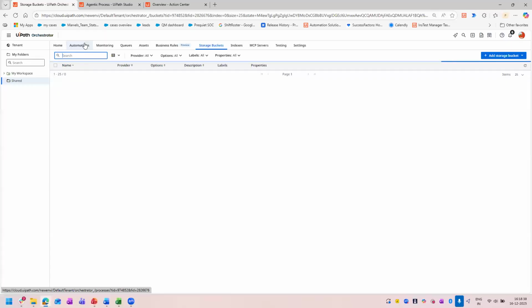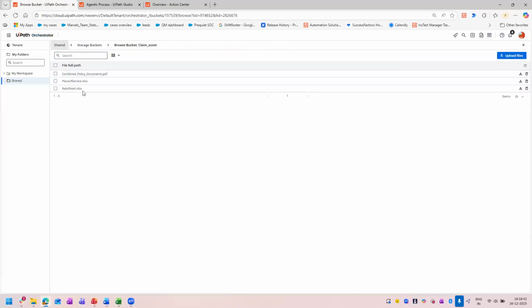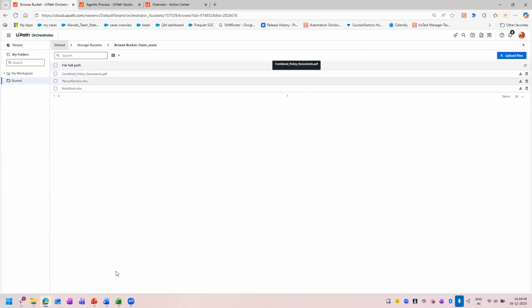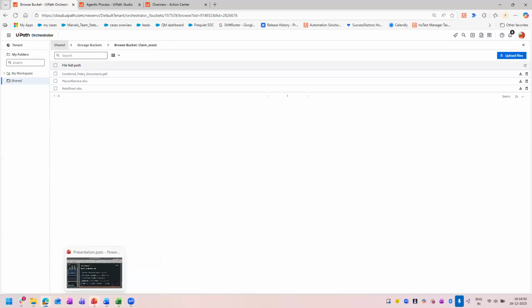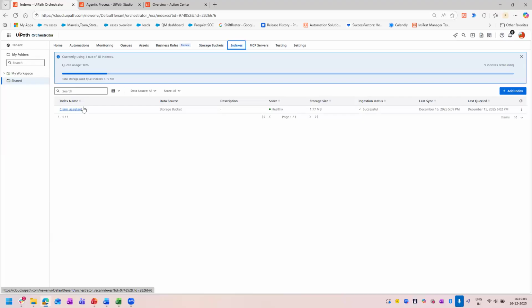And there is one more storage bucket which I have created, which is the claim assist bucket, where I have the other three files: the rate sheet, the place of service, and the combined policy document. All the data sheets where we have the data to be used to take the decision. Those we have put in the storage bucket, and we have created an index for that particular claim assist